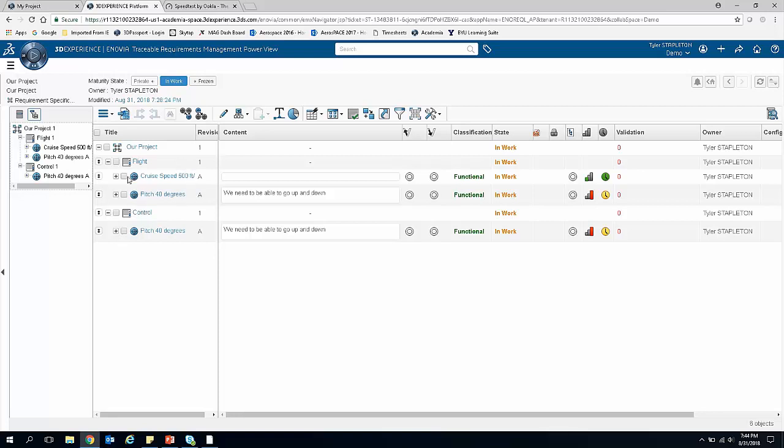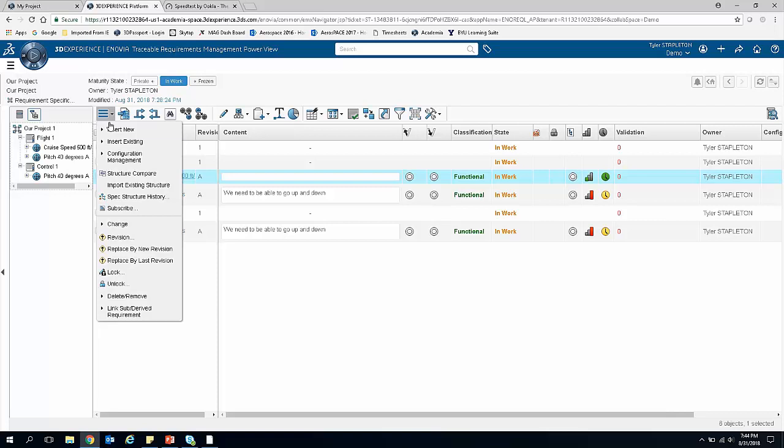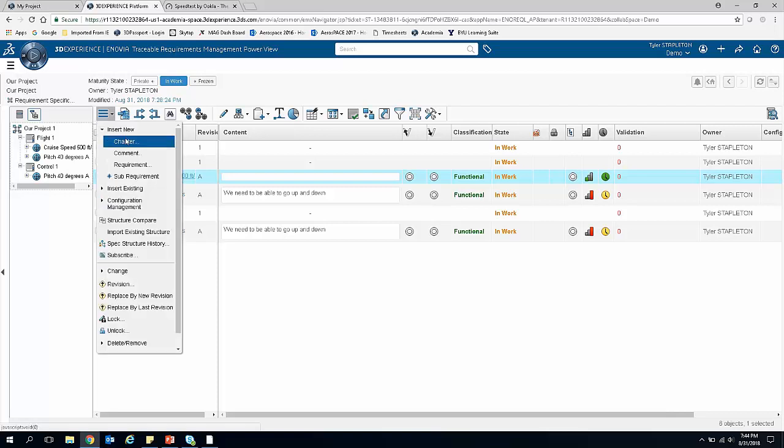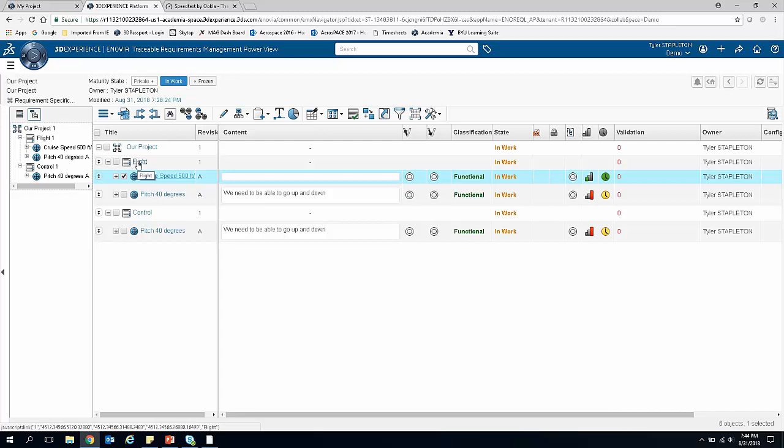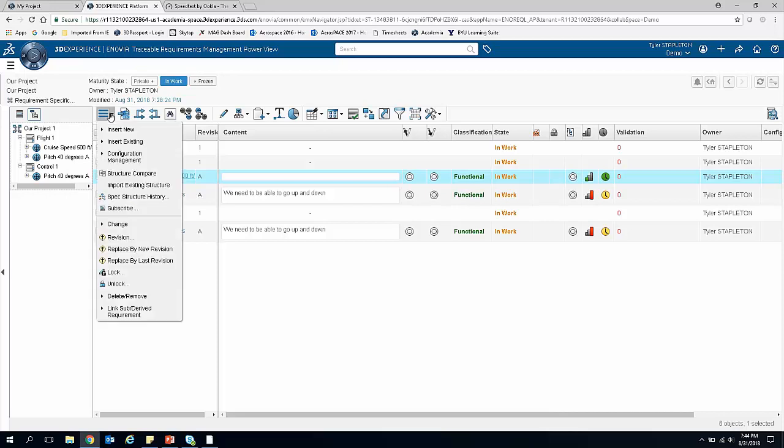Next thing to show you is I can come in and select any one of these, and this hierarchy can just keep going down. You notice I can come in here and say Insert New. Chapter is still available. So that hierarchy can just kind of keep going down, subdividing sections as much as you need. And then maybe I want to add a chapter that's specific to just, I don't know, maybe the front wing or the tail wing, or I want to separate that even further. I can put in more chapters, and I can put requirements